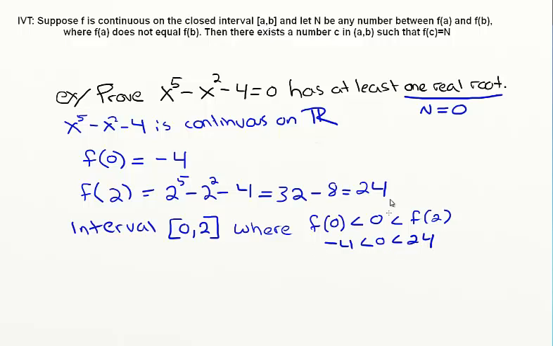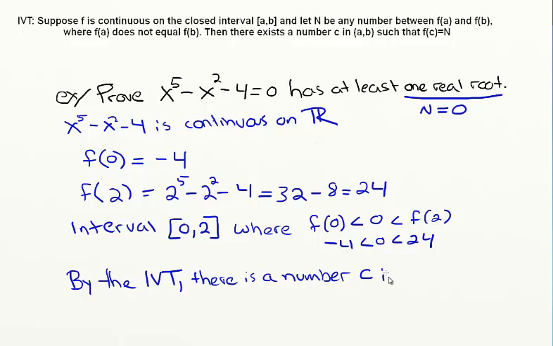So that's true. So we have f continuous on the closed interval [a, b], where a is 0 and b is 2, and n equals 0 is a number between f of a and f of b. We showed that down here. And f of a does not equal f of b. Good. So we've satisfied all those premises. So then by the intermediate value theorem, there is a number c